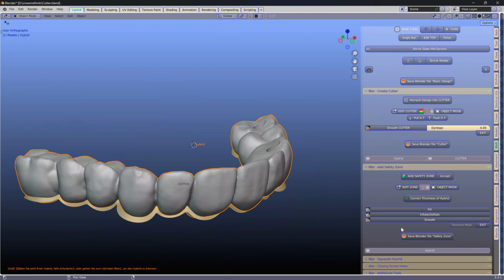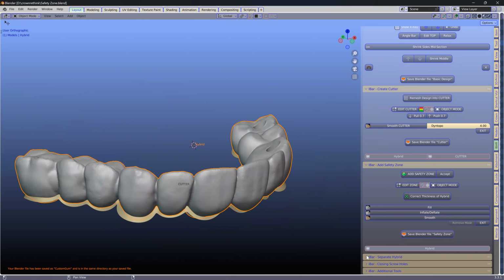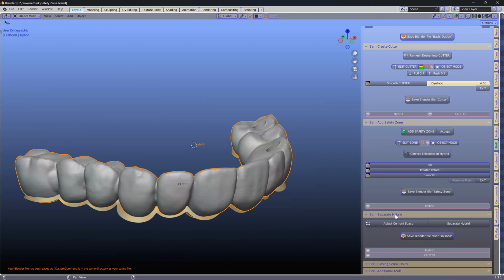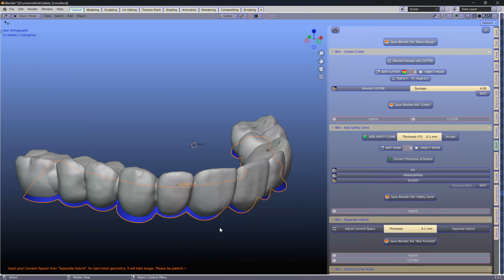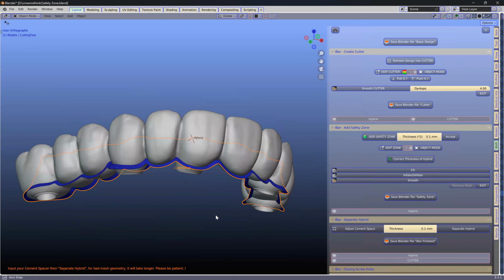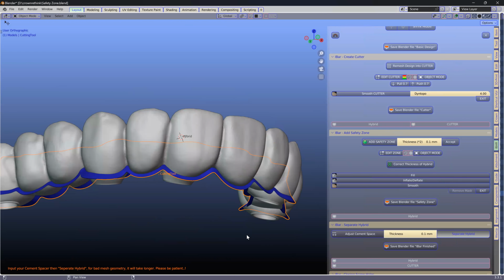Okay. So I'll just keep on saving. In case you make a mistake, you can open it up, and the files are going to be in the same directory where you first saved it. So the final step is we're going to add cement spacer. And this is something you have to work out, how much cement space you need. I'm not sure. Some people swear by about 0.13, so it all depends on your equipment, I guess. And then you click on separate. Okay. So then you click